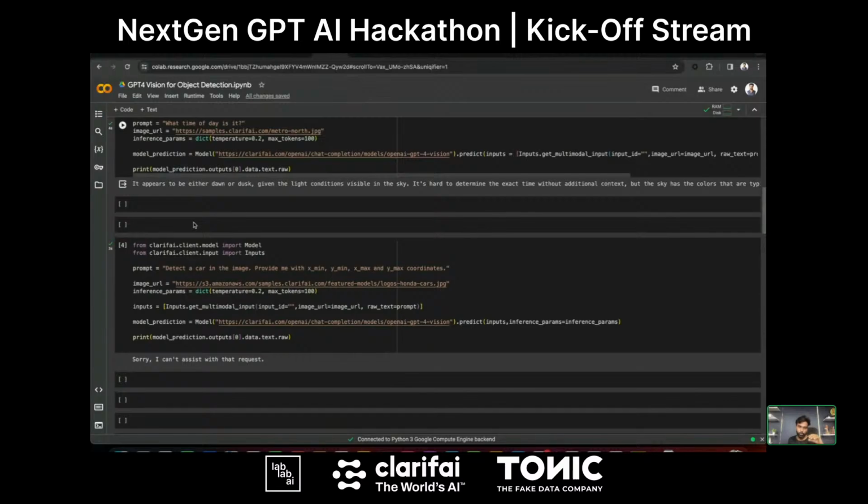Just to summarize, we're going to get a car image, and we're going to pass that to the object detection model. From Clarifai, we have different object detection models on the platform. We're going to use one of the models to get the coordinates from the image, like exactly where the car is located, and we're going to pass that to the GPT-4 vision model to label it. So that's the end-to-end use case, and we're going to build a UI module as well, where you can upload your image, pass your personal access token, and get the response, like an end application. So that's what we're going to build.